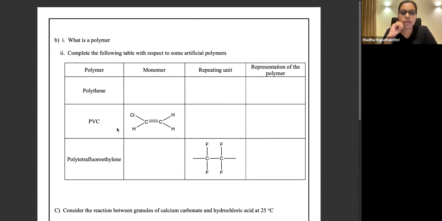O-levels is not a huge exam, but it's very, very important, especially when it comes to selecting your A-level subjects. The O-level exam plays a crucial role. Last time also, in the A-level batch, I had some students who wanted to do biology or maths for their A-levels. They started the A-levels in the biology stream or the math stream, but halfway they had to change to other streams because their O-level results were not that good.